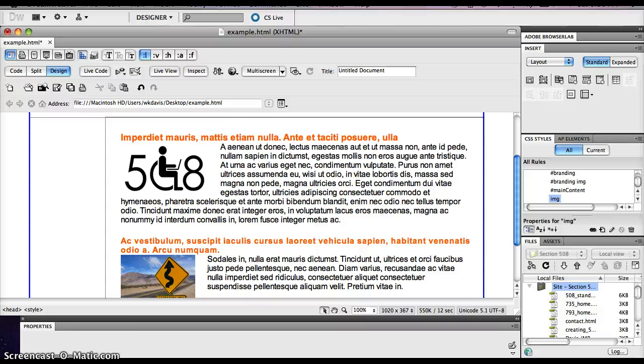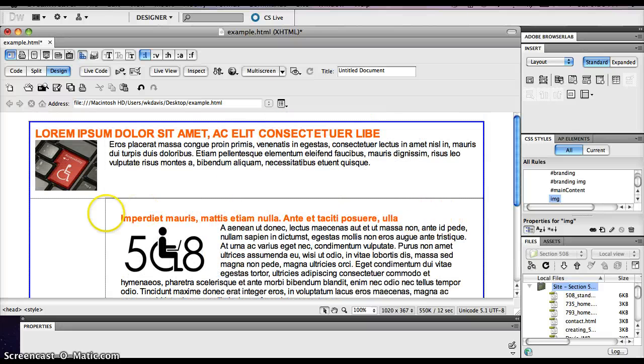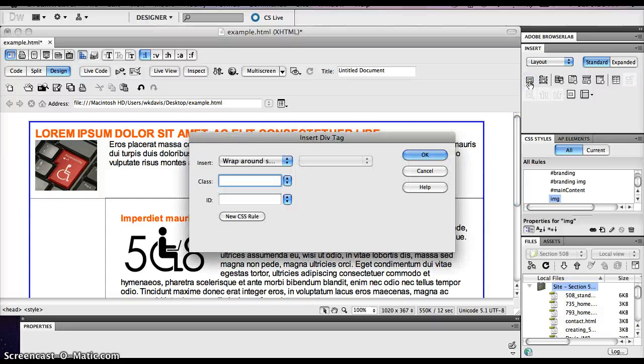Now let's continue on. We're going to work on our site nav, but how can we work on something we haven't made yet? So how do we insert a div tag for our site nav? Well, we come back over here and click Insert Div Tag. This is where it can get a little confusing, but we want to decide where we want this. Do we want it before the branding tag? No, we want it after the branding tag, or before the main content. So why don't we do it before main content? We're going to insert it before the tag